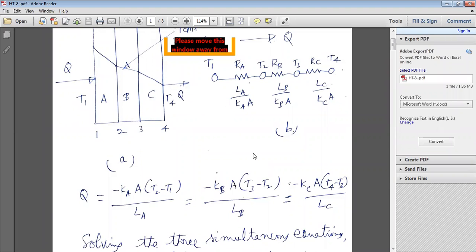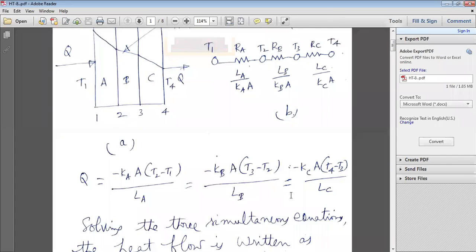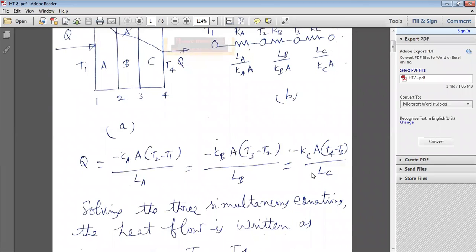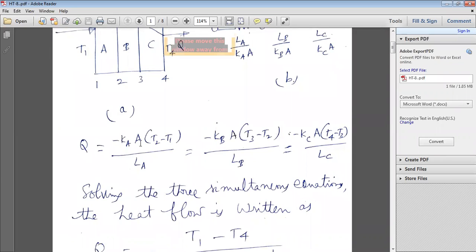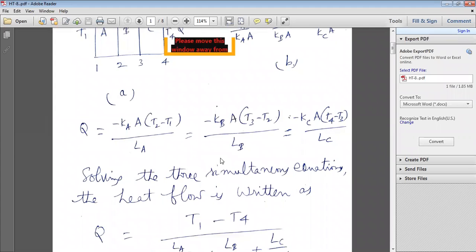That is equal to minus Kc. For the third material, minus Kc A into T4 minus T3, divided by Lc, the thickness of the third material. So there are simultaneous equations: equation 1, equation 2, equation 3. Solving the three simultaneous equations, the heat flow is written as,